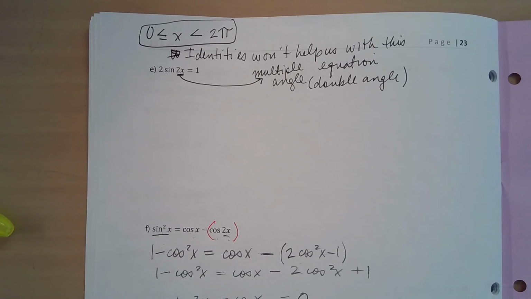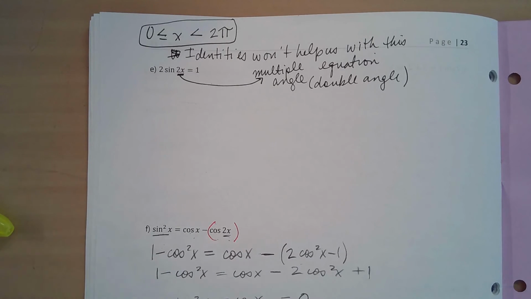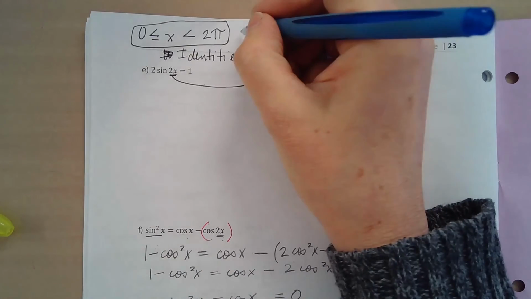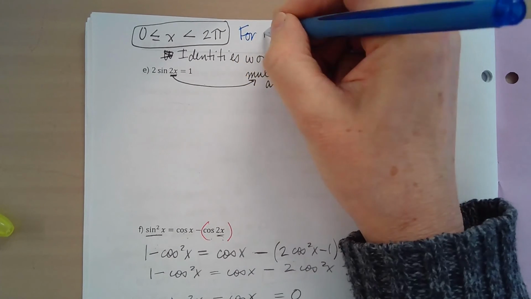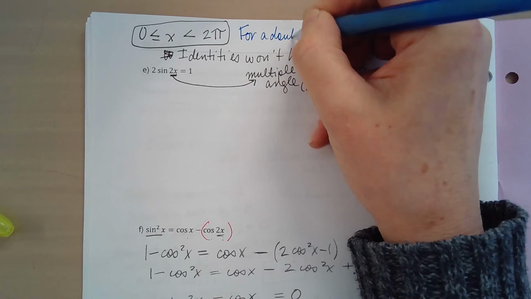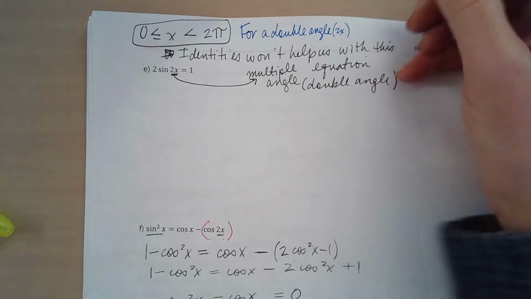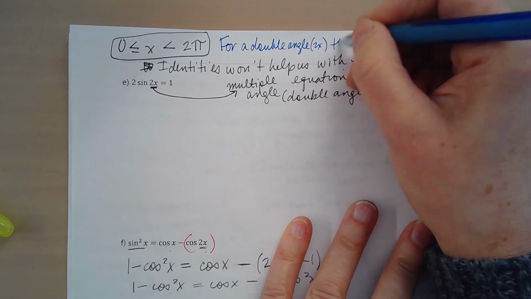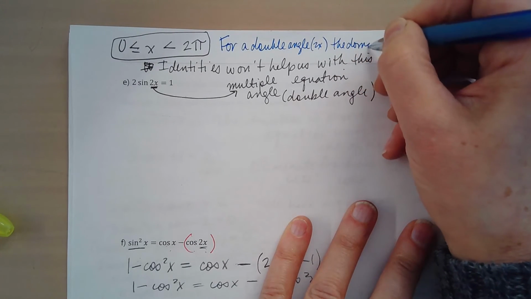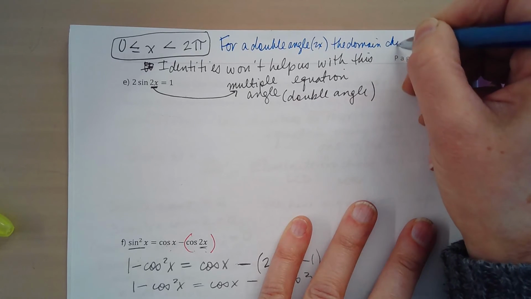That sort of changes your domain at the beginning. So what happens is, for a double angle, 2x, the domain changes to,